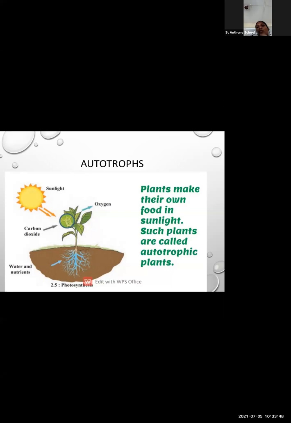Then the next is heterotrophic plants. So what are heterotrophic plants? These heterotrophic plants depend upon other plants, and are called as,